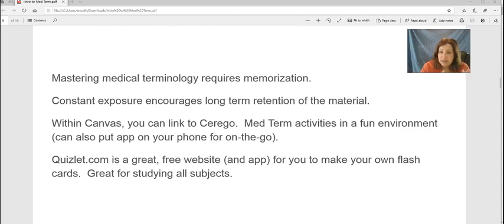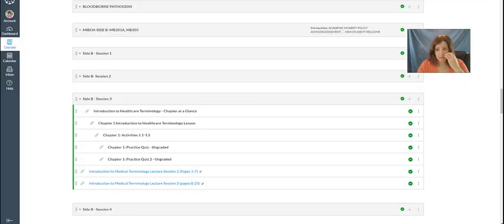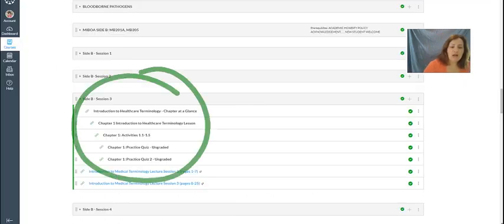In your Canvas, you have Cerigo. So within your Canvas, you will see all of these kinds of activities listed. These are practices to go along with your textbook of the material from that chapter. As you see your daily lesson plans posted, you will see these activities indicated for you to work on. They are not graded, meaning no one's going to know if you did them or not. But the more you do them, and that you do them more than one time, is going to master your material. The people who do these over and over and over again are going to have better retention of the material. Better retention of the material is going to make your test a better score,